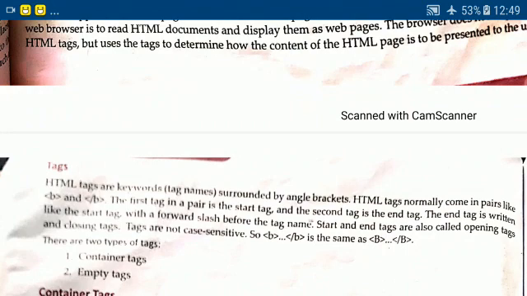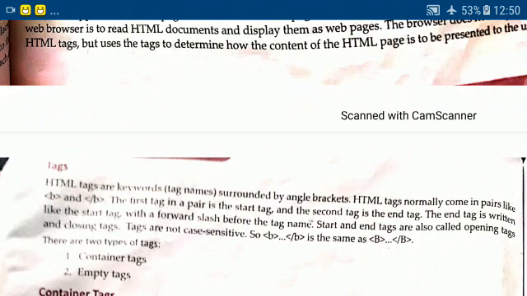Tags are not case sensitive. What is the meaning of case sensitive? It means it is not compulsory that you write in capital or small. You can write in capital as your choice. If you want to write in small, you can write in small. So, tags are not case sensitive.